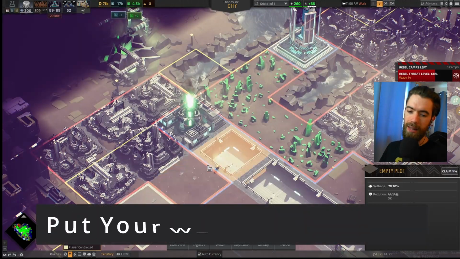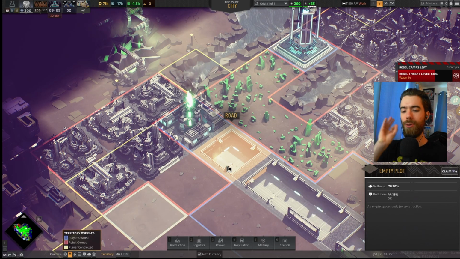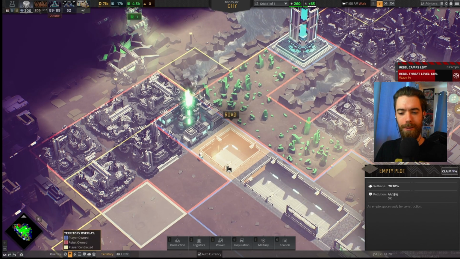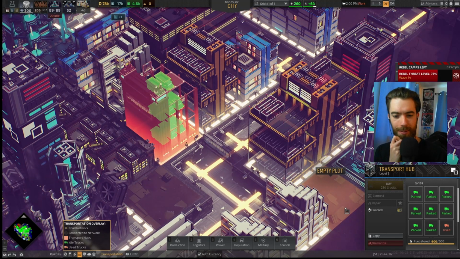Now these guys are pretty speedy on foot and able to carry a fair amount with them, but their efficiency can be improved dramatically if you put them into a truck. Trucks can move faster and carry more than your basic workers, and a cool thing about the transportation hub here,